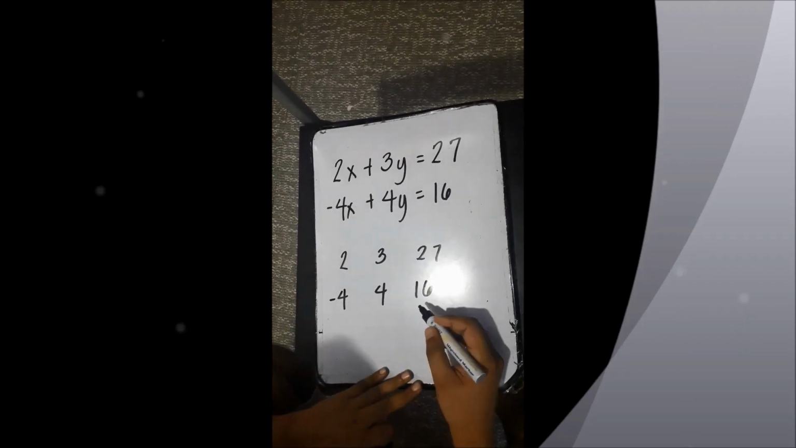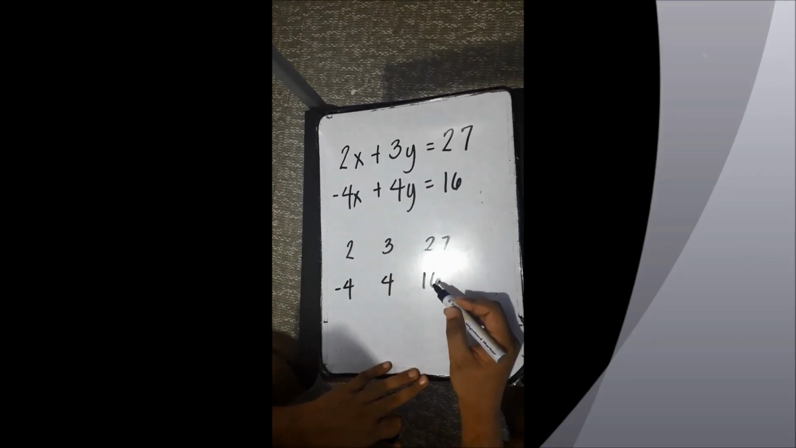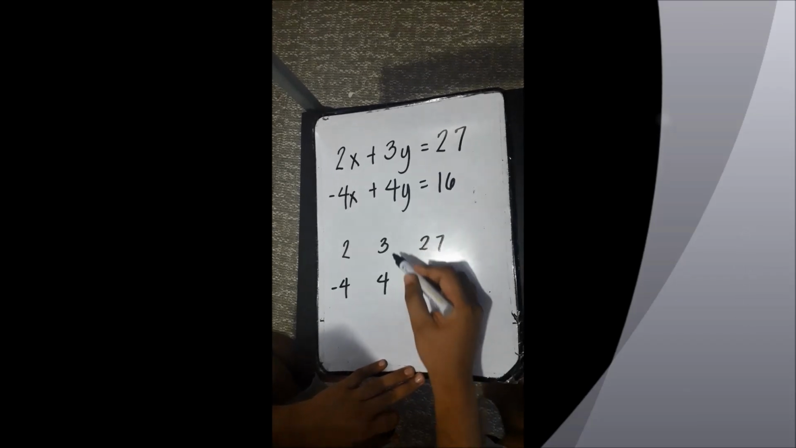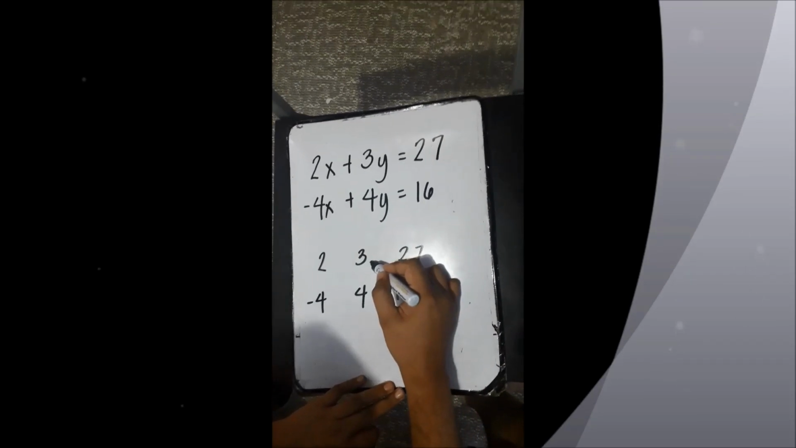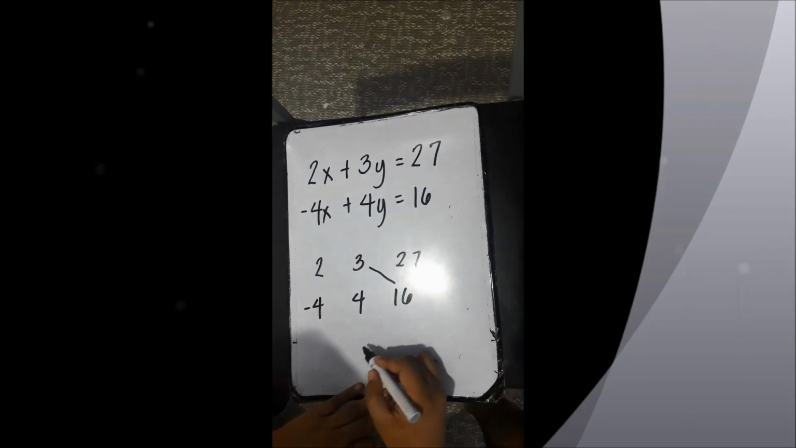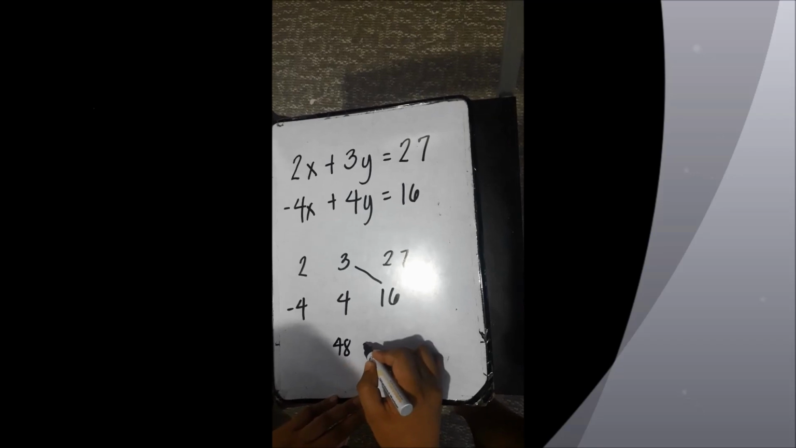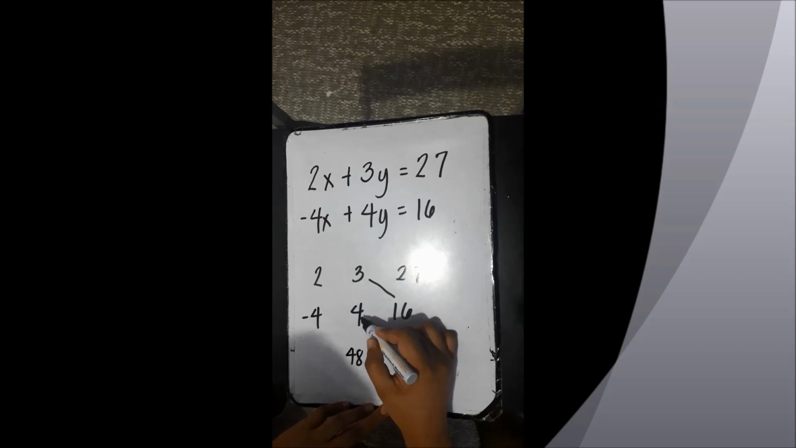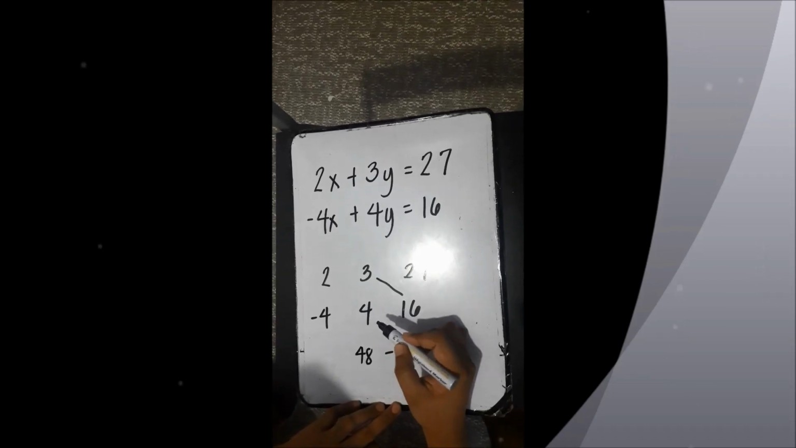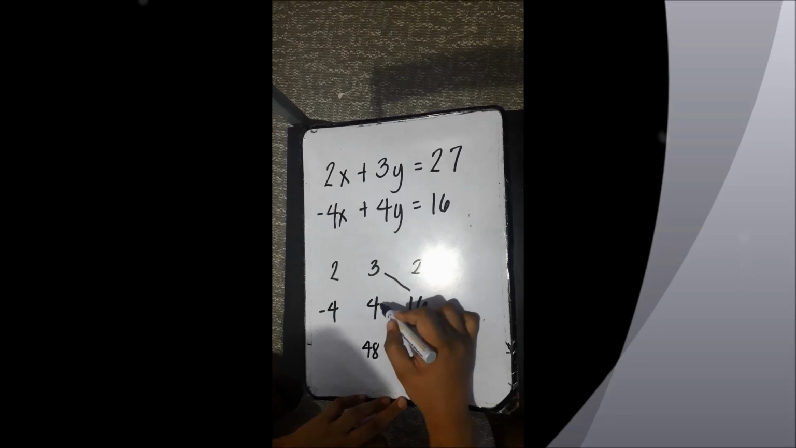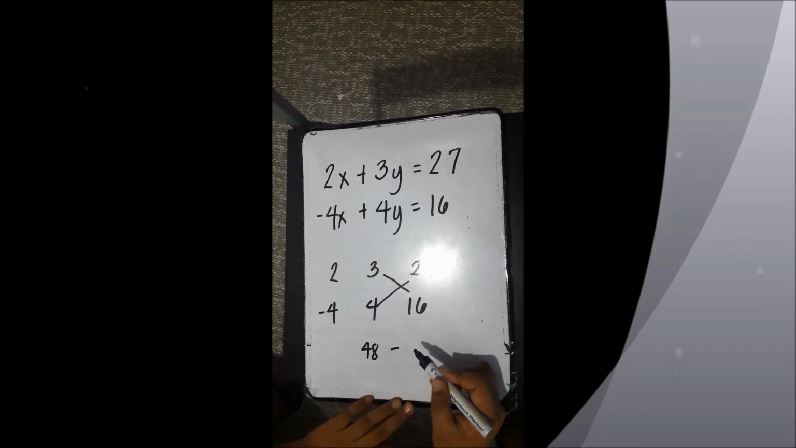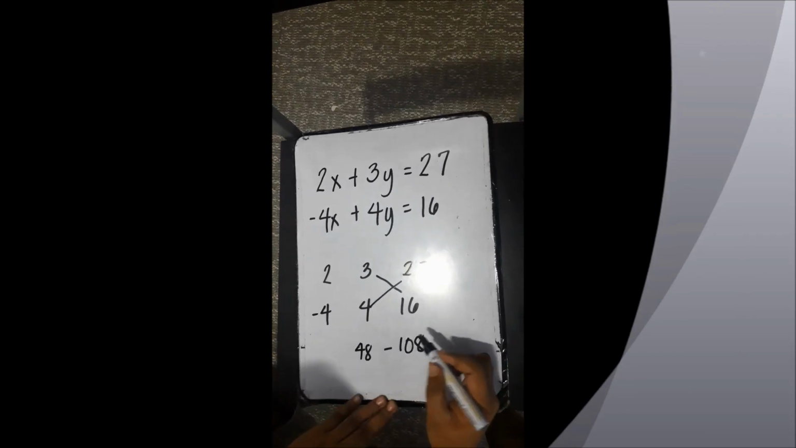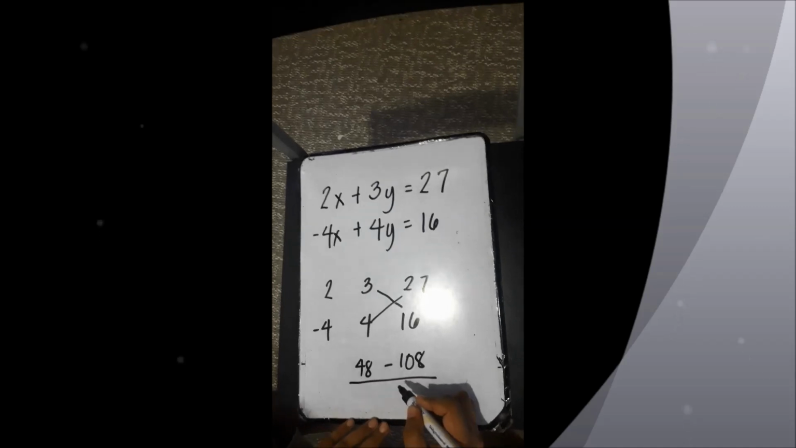So I'll proceed by doing a cross multiplication, multiplying the coefficient of y in equation 1, which is 3, and the constant of equation 2. So 3 times 16 will give me 48, minus the pair of 4, which is the coefficient of y in the second equation, and 27, the constant of the first equation. 4 times 27 gives me 108. Over, so this is a fraction actually, over,